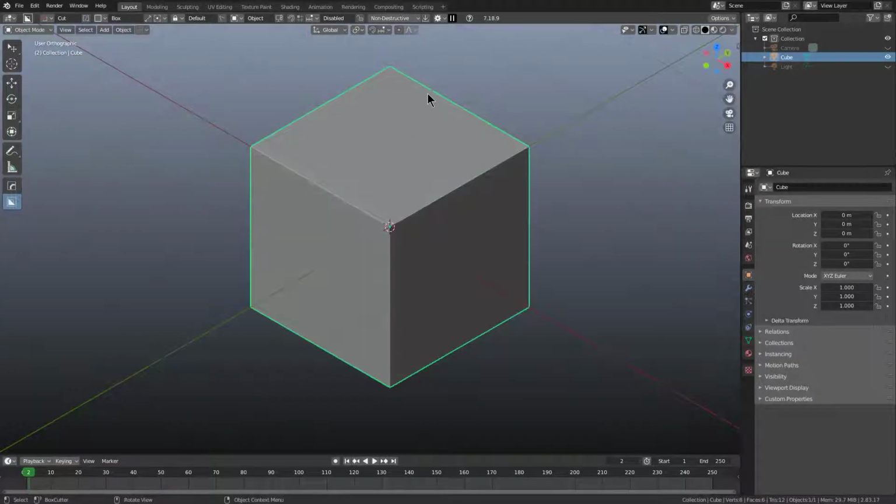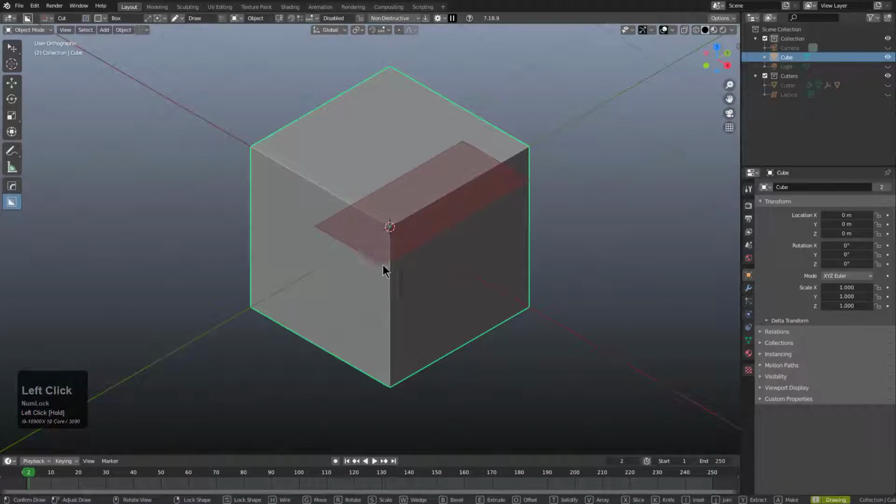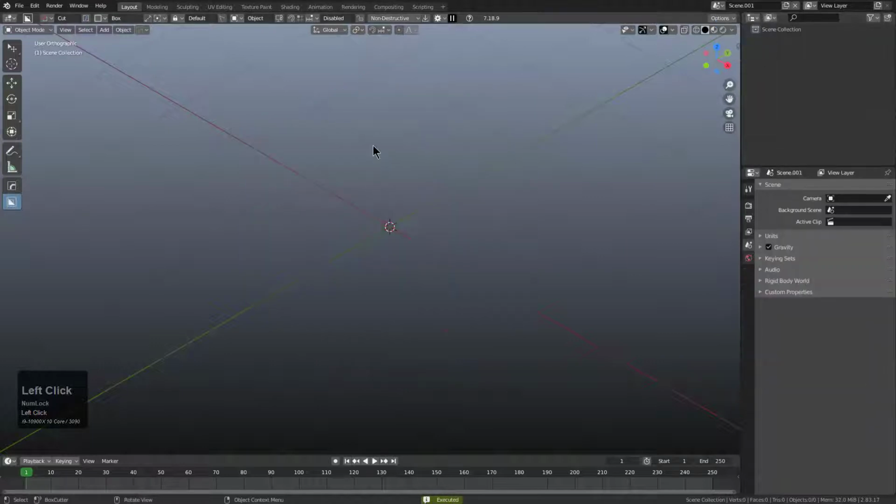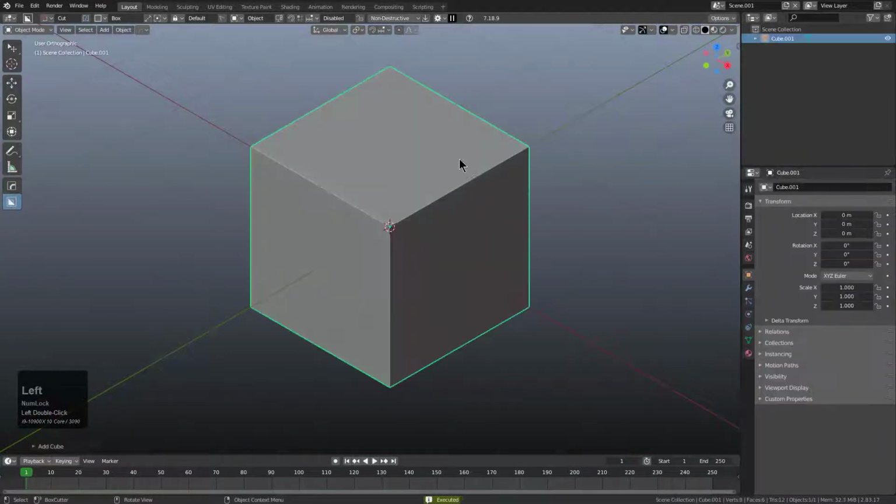So here I am in 2.83 using 718.9 to really illustrate this issue. If you look at the outliner, you'll best be able to see it. Typically whenever you begin drawing, you see that a cutters collection is created. However, if we were to make a new scene and we Shift A, insert a cube, the moment that I